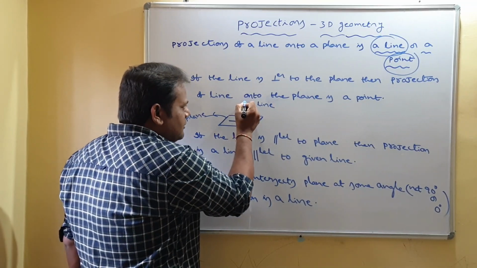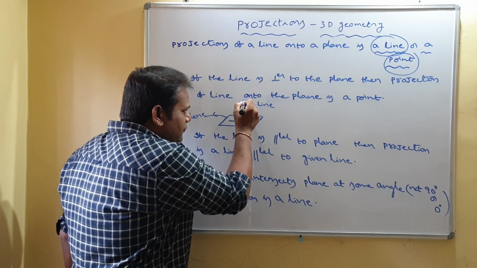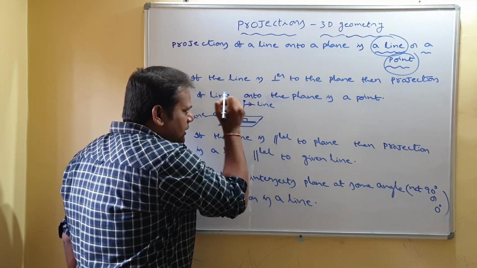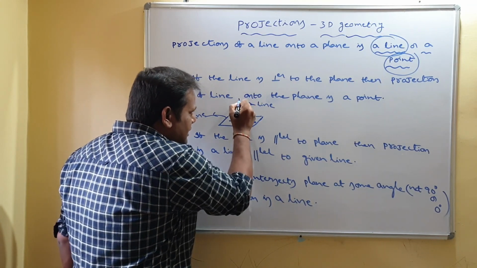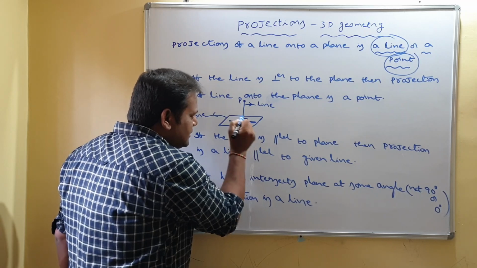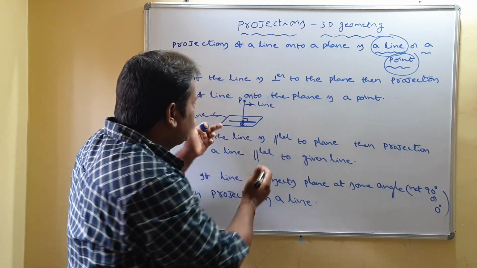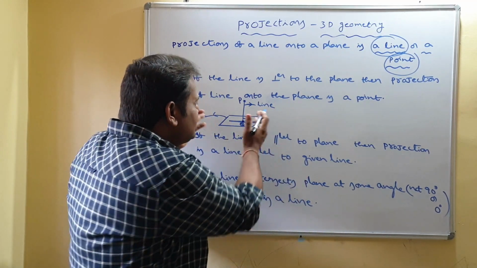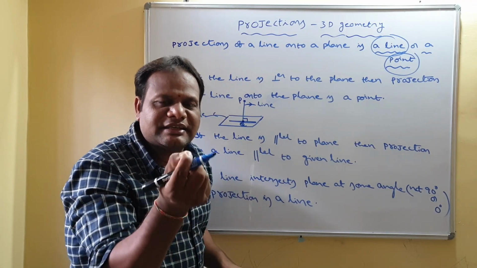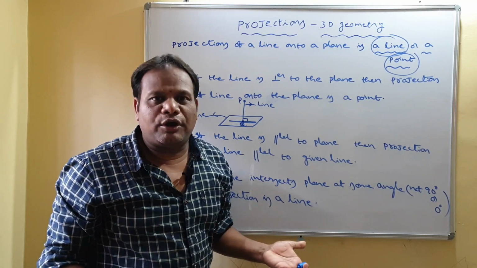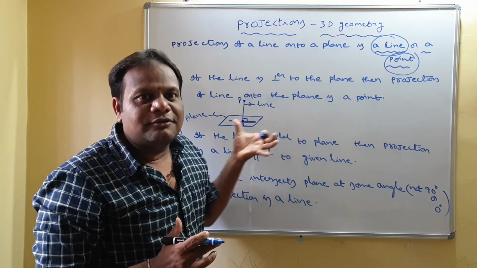So you take projection. Projection means from the line you drop one perpendicular. I mean from any point on the line you drop one perpendicular to the plane. So then we got this. Suppose I am taking this point is P. It is Q. So what is the projection of this line onto the given plane? Q. So here in this case, projection of a line onto a plane is just a point. And what is that point? That point is the point of intersection of line and plane.